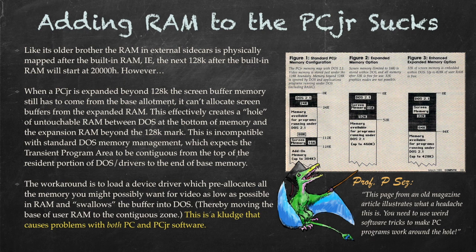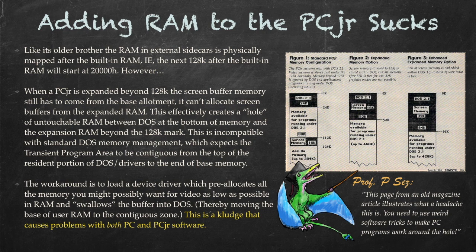So this means that from a certain point of view, an expanded IBM PC Jr. is actually fundamentally incompatible with normal DOS memory management. As this slide lays out, essentially the way they work around that is that you have to load a device driver on an expanded IBM PC Jr. and you have to use these various tricks to essentially make DOS swallow the screen memory and run all your programs afterwards. And that wastes a substantial amount of memory on one hand, and on the other, it